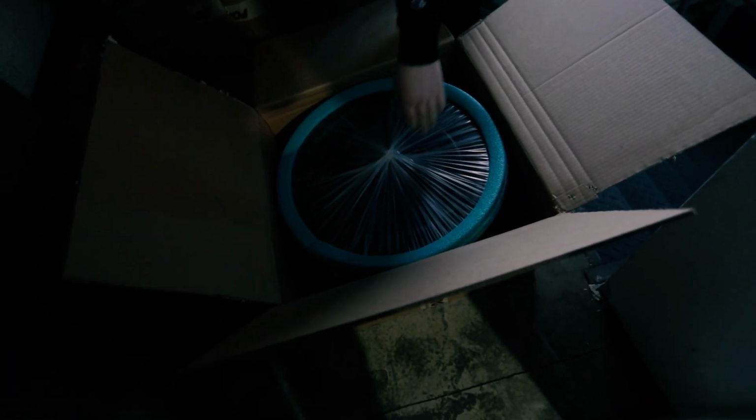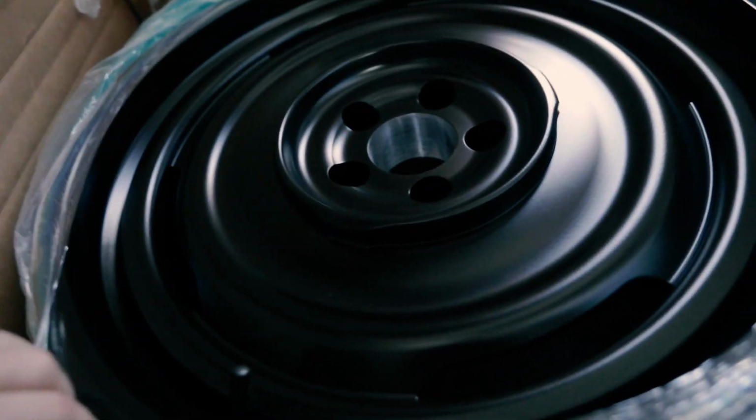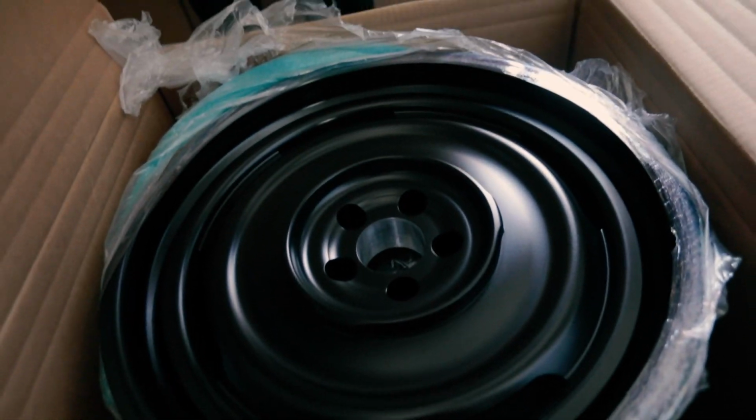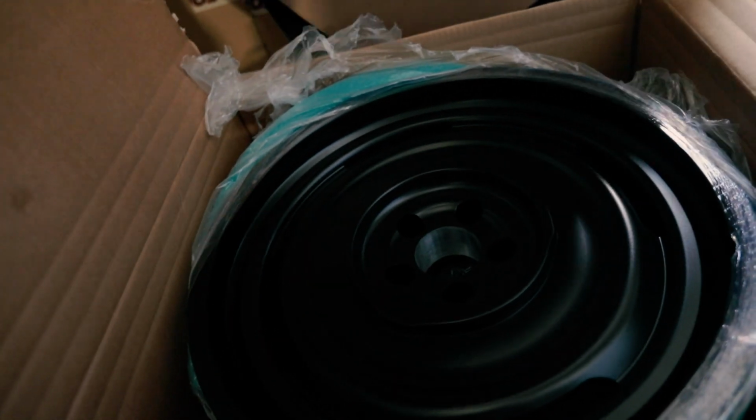Yeah. Oh, we ended up with a front. They're all ugly. Oh god. So we have these. This is a front one, so it's not super deep of a dish, but this rim right here, the spare, is a 3-piece forged aluminum spare wheel